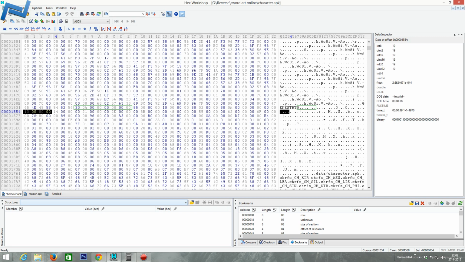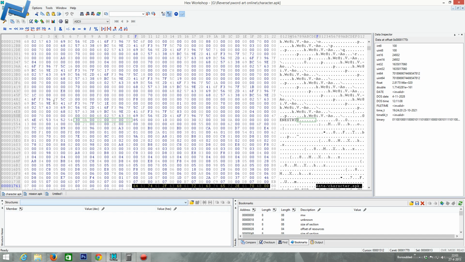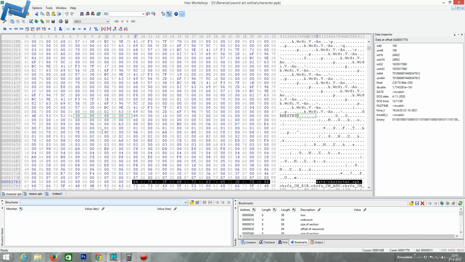It does also say that the header part, or the file name, data character.apk, because this is the character.apk, is 13 in size in total. That is including the 0 null terminated string. Okay, so